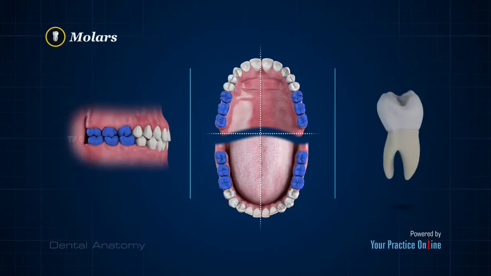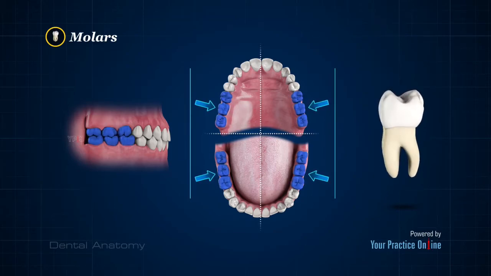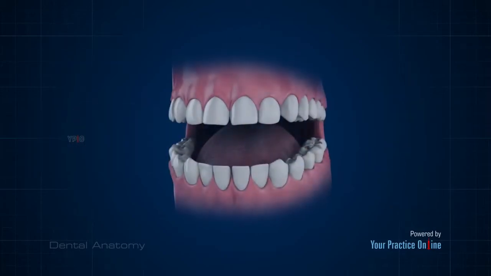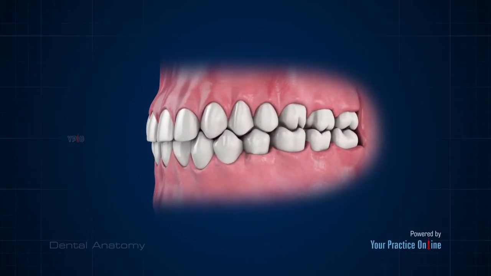Molars. These teeth have a flat upper surface with 3 to 4 projections that are used to grind food. There are 3 molars in each quadrant. The last molar is referred to as the wisdom tooth and may be absent in some individuals. Each tooth has a definite relationship to the surrounding teeth and other oral structures that help it remain in position